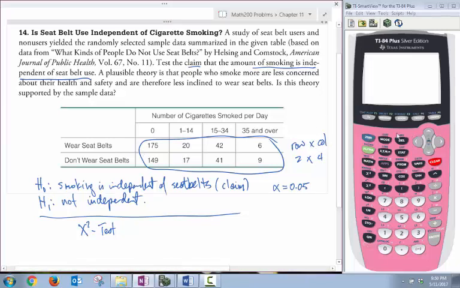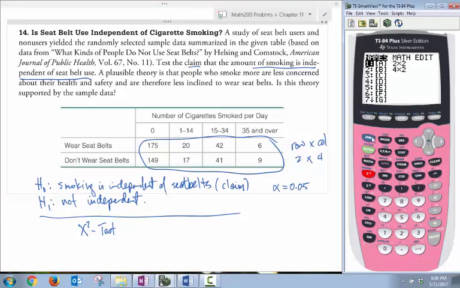We need to input this data in our matrix, so we're going to go to second function and matrix. Actually, some calculators might have a different button combination to get your matrix. You'll get the screen and we want to go to edit because we want to edit our matrix. Now we're going to use matrix A, and the calculator will also make use of matrix B, but we don't have to mess with that. We only have to edit one matrix, and that will be matrix A. So I'm going to go ahead and press enter,